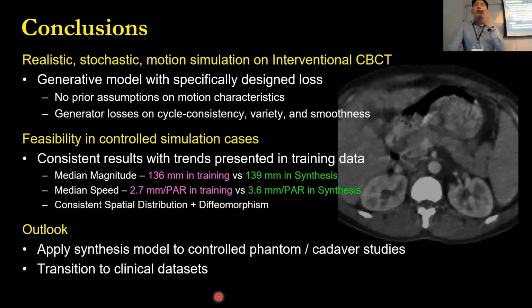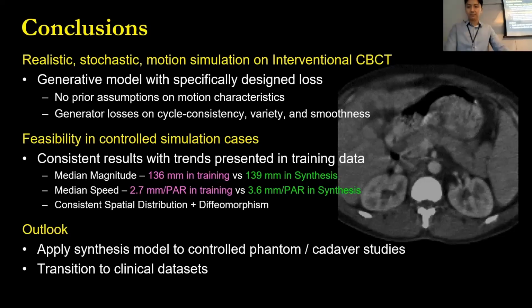All right, so in summary, we presented a model based on generative adversarial networks that is capable of realistic stochastic motion simulation in Chromium CT data. We specially designed our loss objectives on cycle consistency, variety, and smoothness. As a proof of concept study, we demonstrate the feasibility of this model on highly controlled simulation cases, which yields consistent results with the trends presented in training data in terms of motion magnitude, motion speed, consistent spatial distribution, and